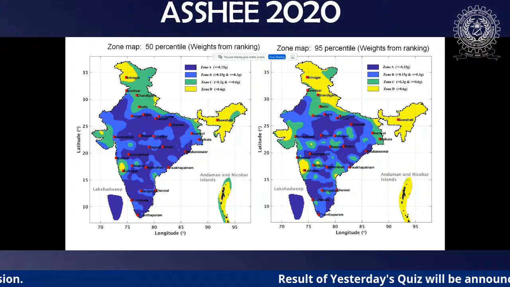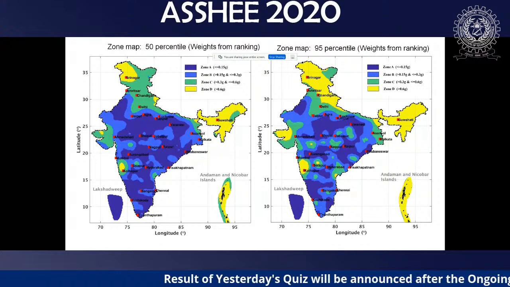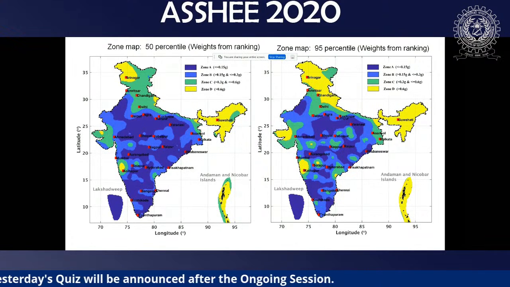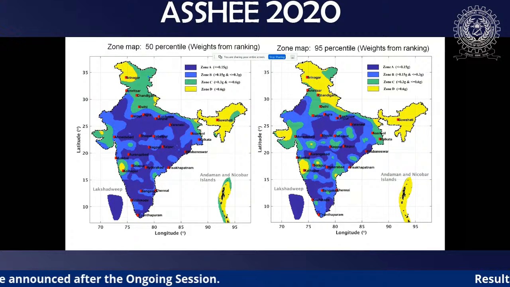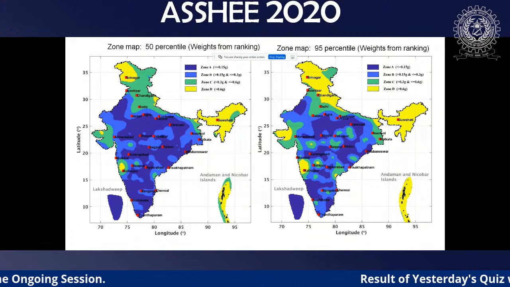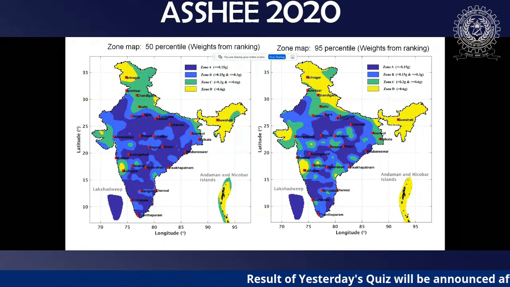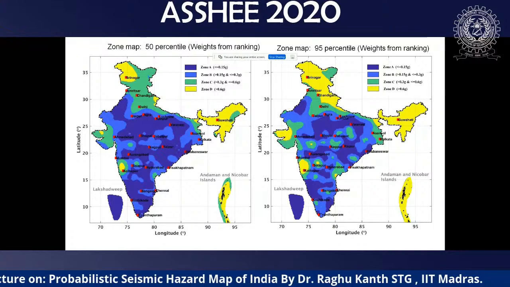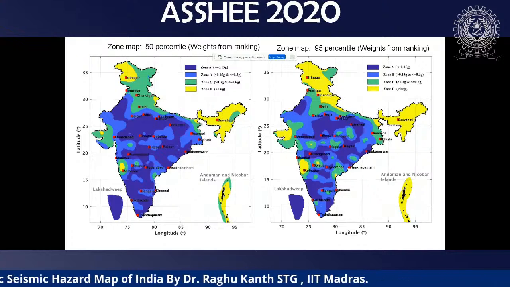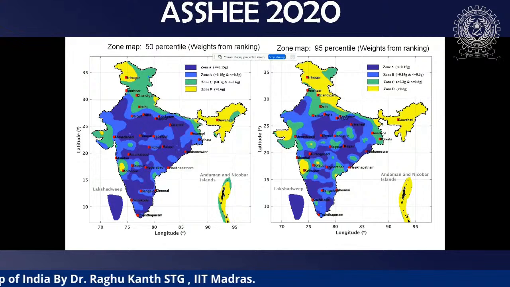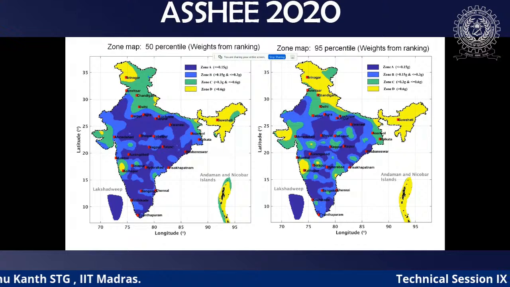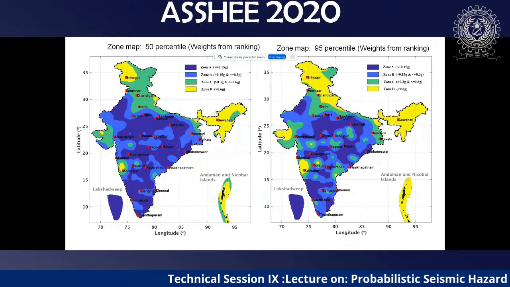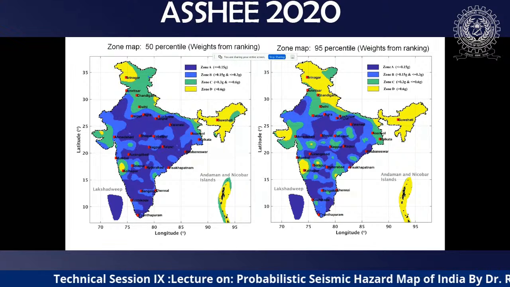So what we did was, based on our hazard contours, we divided the entire country into 4 zones, like zone A, zone B, zone C, and zone D. Zone A means the contours wherever the value is less than 0.15 G. Then zone B means 0.15 to 0.3 G, then 0.3 to 0.6, then greater than 0.6. So we club them into zones, because these things are very easy for a practicing engineer. Because in India, most of the practicing engineers are diploma or BTech graduates. So for them it will be very easy to use these zone maps itself.